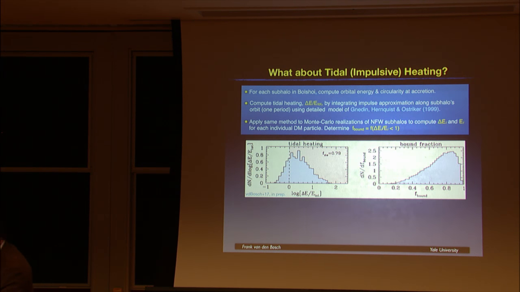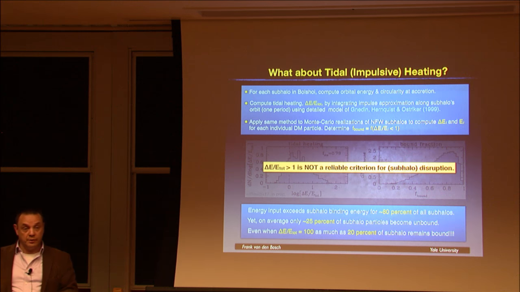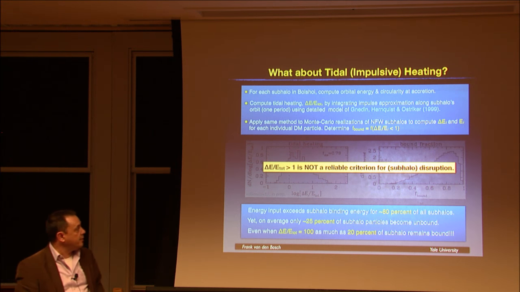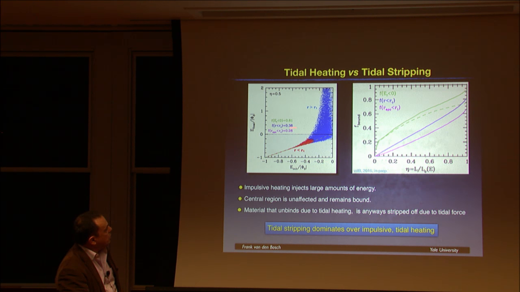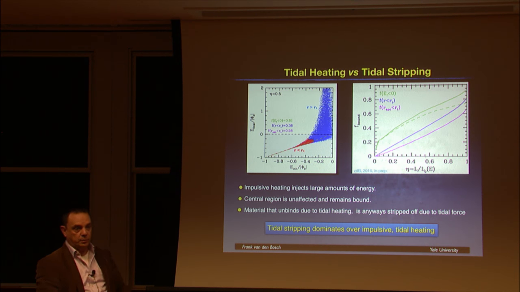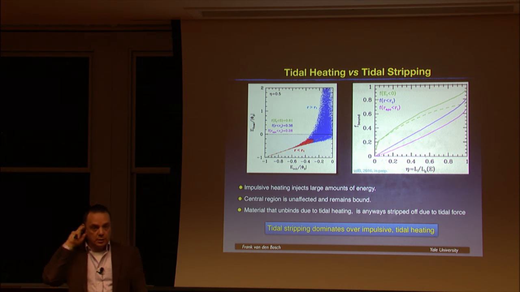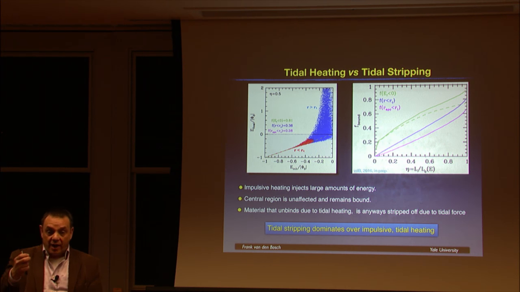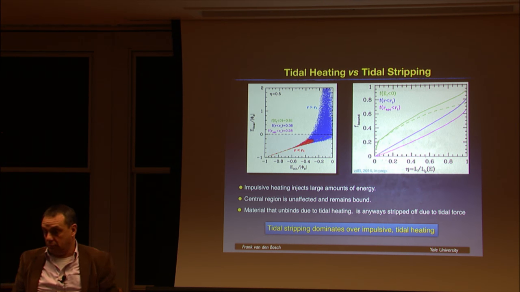Okay, so the upshot is, don't use this to judge whether something will disrupt or not. That's a very bad thing to do. Here we actually compare for individual particles the initial energy to the final energy for a particular case. And you see if you lie above 0 here, it means you're unbound. So there's a lot of particles that become unbound. This is for a particular orbit. This thing actually goes up all the way to very large values. So a lot of that large amount of energy goes to a few particles that get way more energy than they need to escape.